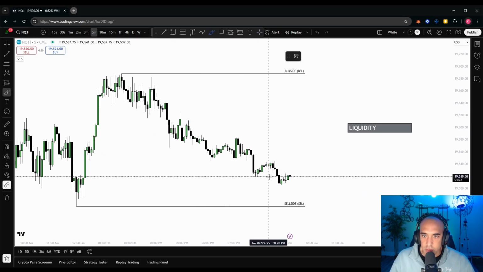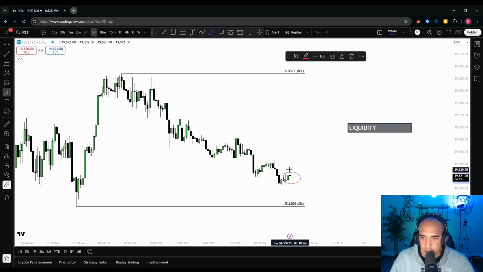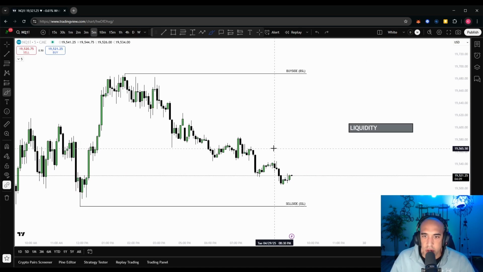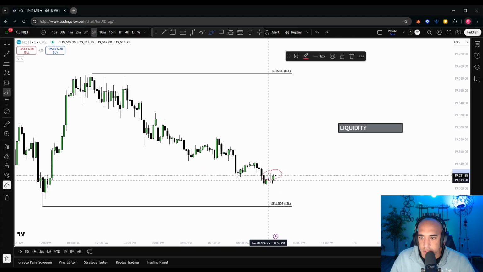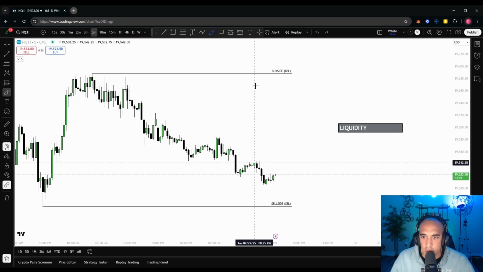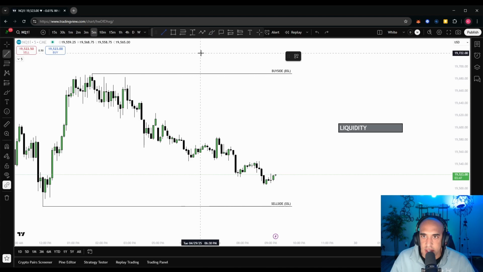So you try to think relative to where price is currently trading. This is live. This is where price is currently active. It's 9:10 p.m. Central Time, April 29, 2025. Price is trading here. If I want to mark external and internal liquidity, this is just one way to help categorize it. External is anything on the outside bounds of where you're trading. I'm trading right here. What's the most southern point I can see right now? Right here. That's external. What's the most northern point I can see? Right here. That's external.